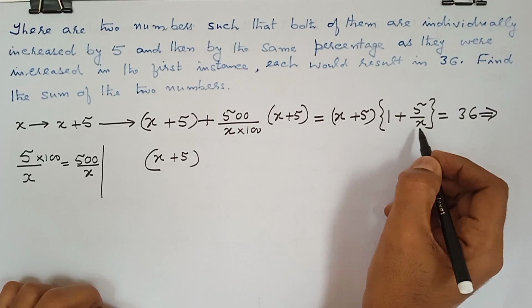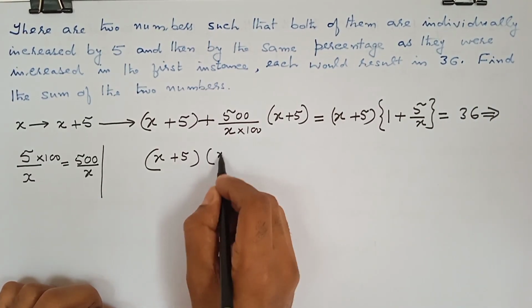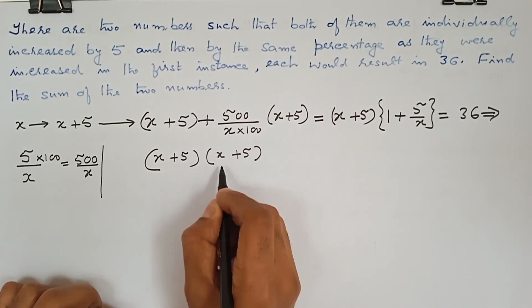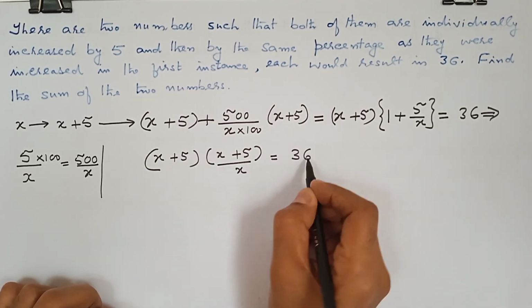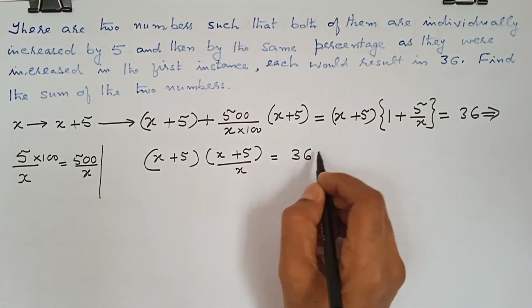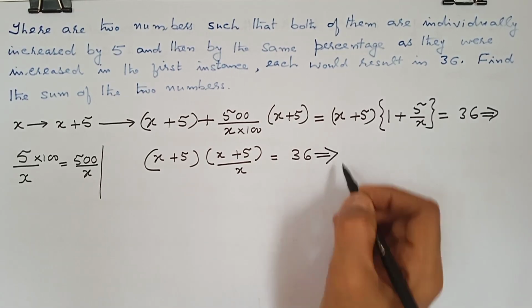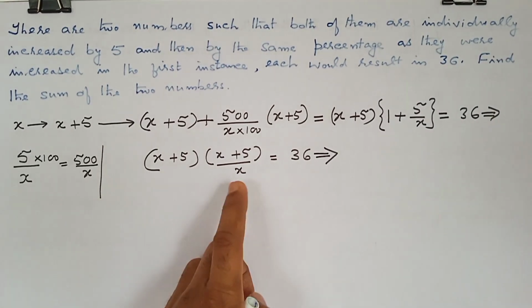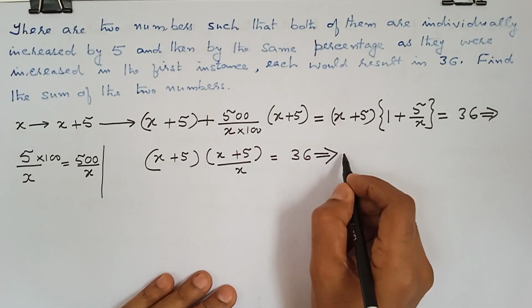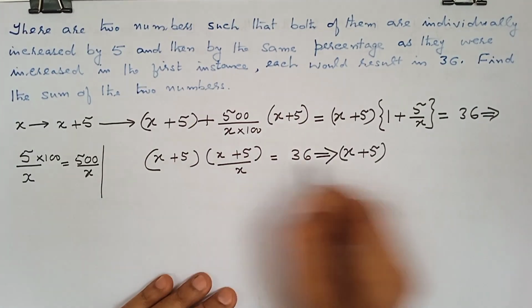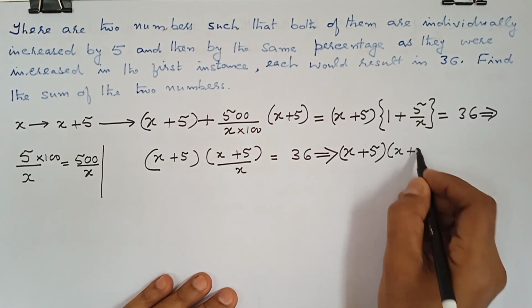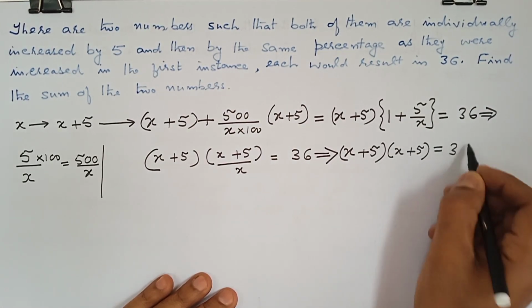X plus 5, this x comes here. And there is an x here. I'm just adding this. Now that's equal to, now we'll do one thing, take x to the right side. So you get x plus 5 into this x plus 5 equal to